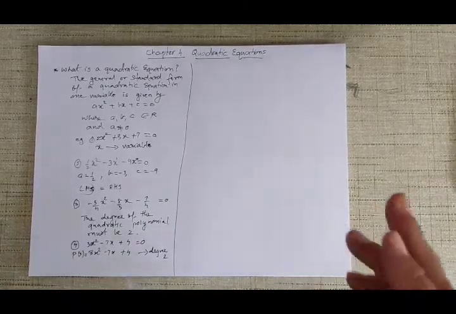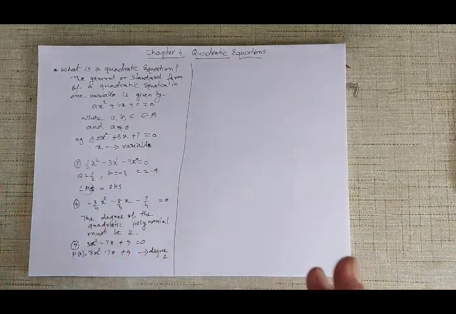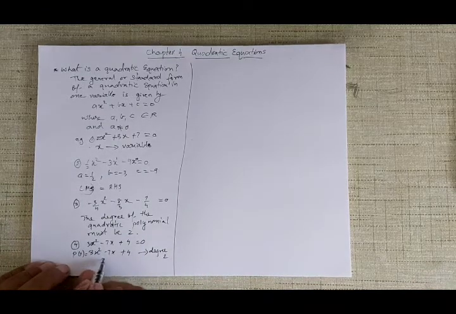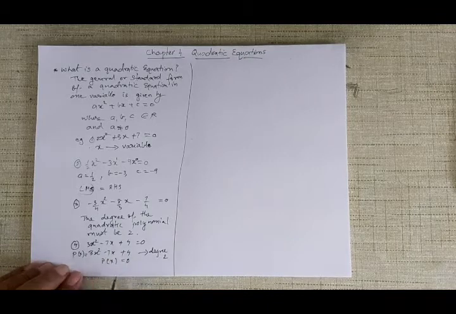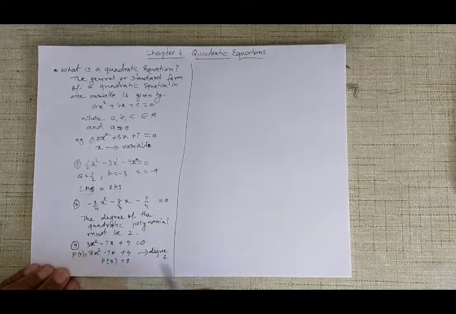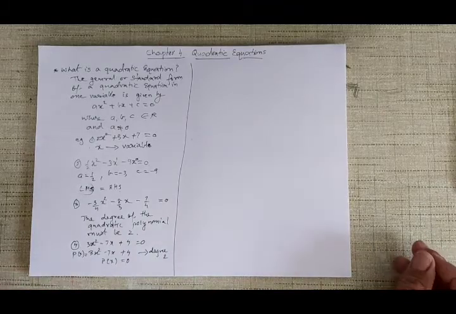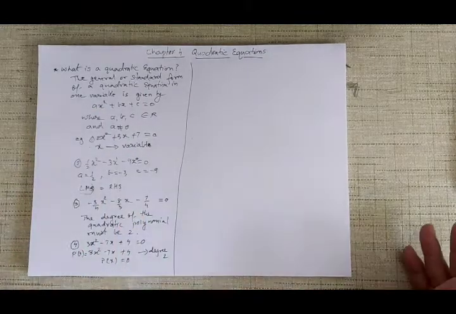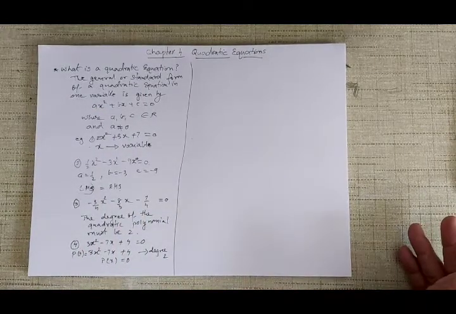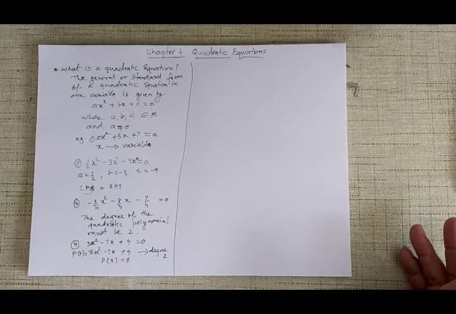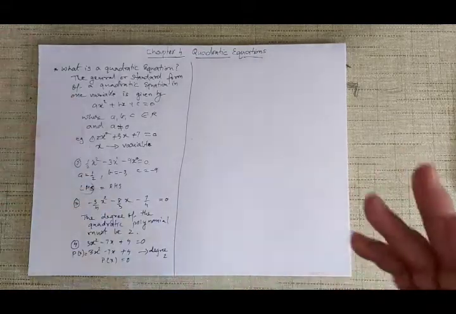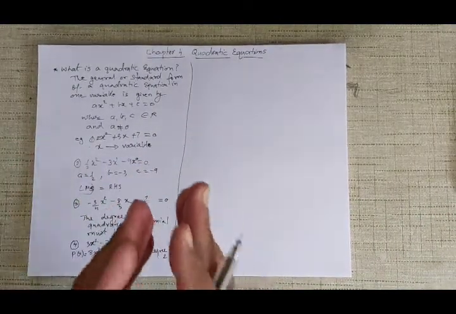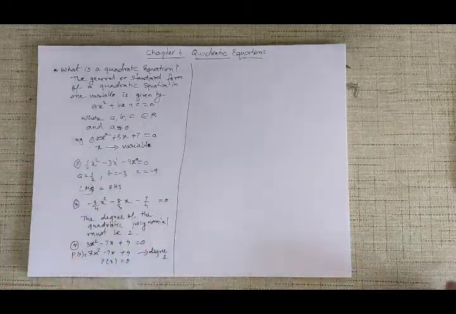So basically, what is a quadratic equation? A quadratic equation is nothing but a quadratic polynomial which is equal to 0. So if I take p of x equal to 0, and p of x is 3x square minus 7x plus 4, then it becomes a quadratic equation. So a quadratic equation is obtained from a quadratic polynomial. We have learned last year that quadratic polynomials have a maximum of 2 zeros. We'll come to that later on, but it is obtained from a quadratic polynomial. You put the equality sign equal to 0 and you get a quadratic equation.